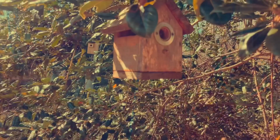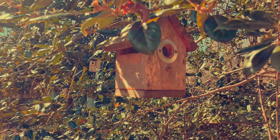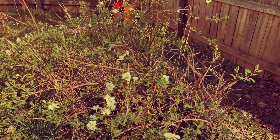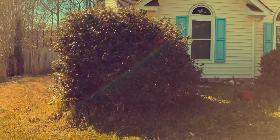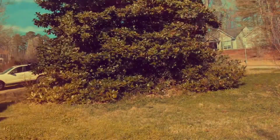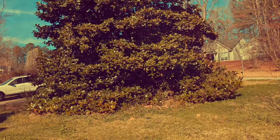Sometimes I do get hummingbirds that nest. The wooden ones all get baby birds. And the ones on the fence, they get baby birds. Some of the bushes and shrubs get baby birds. Families nest in my yard in the shrubs and the flying dragon and the camellia and the magnolia, and